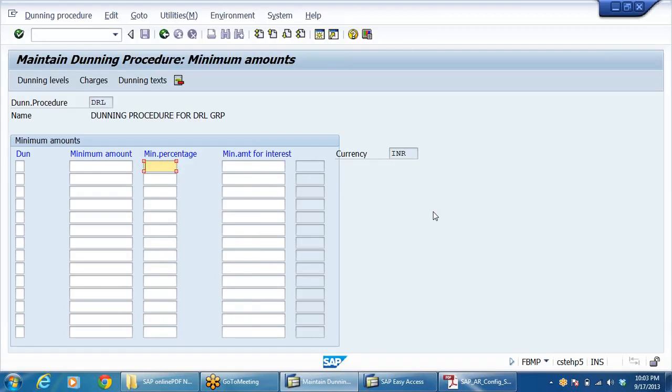So whatever the outstanding amount, the banker will send us only a small due amount. Even if you have around 30,000, 40,000, they'll say pay only 500 rupees or 5,000 rupees, because he doesn't want us to clear the payment so that he can charge interest. So like that we can do. Of course, I'm not doing any minimum payment. Right, Dunning text, everything is done.